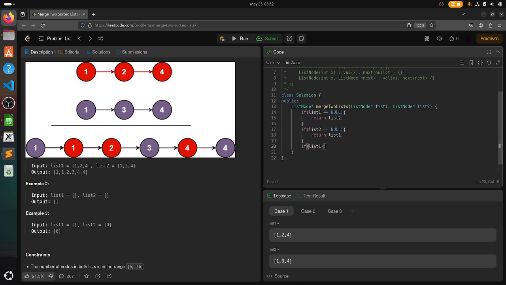So if list 1 of value is less equal to list 2 of value, if list 1 of value is less equal to list 2 of value, what I'll do, I will literally do list 1 of next, list 1 of next, next will have a recursive call, something like this, merge